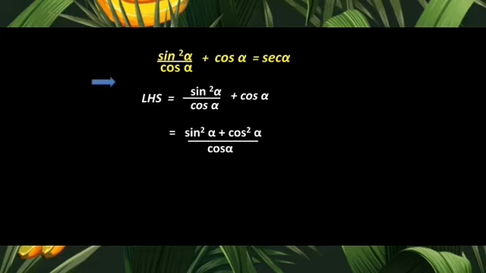Now in the further step, if you observe again, in the numerator we have one identity. That is the first identity we had proved in part 2 video. So we replace that identity and write 1 over there. We get 1 upon cos alpha, and if you focus on your RHS, it is sec alpha, and sec alpha is nothing but the reciprocal of cos alpha. It means 1 upon cos alpha is nothing but sec alpha. That means you have reached the RHS and your first sum is done, my dear. In the first sum we started with the LHS and reached the RHS within only 2 steps.